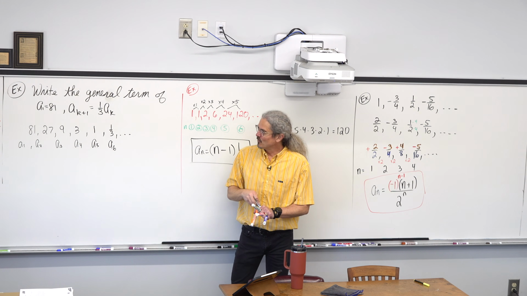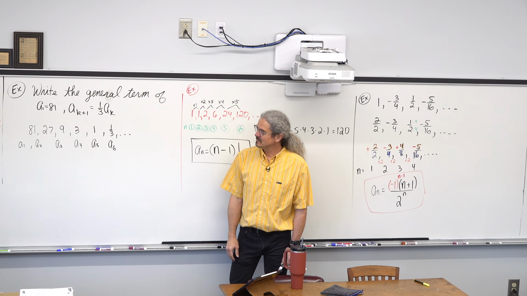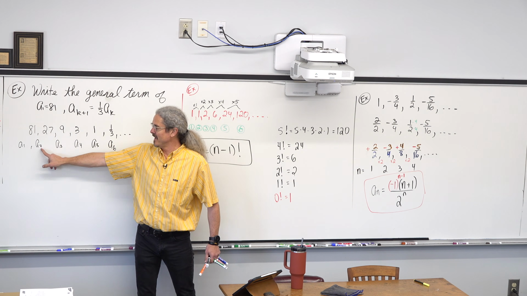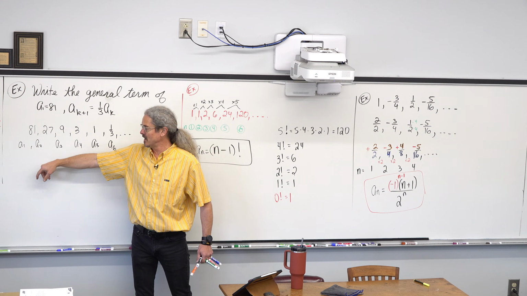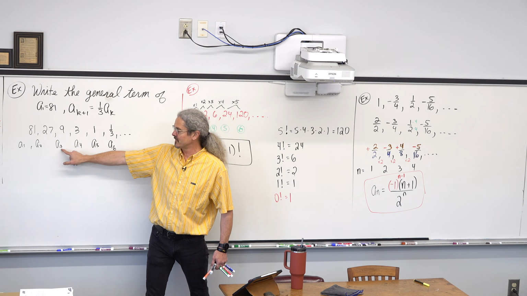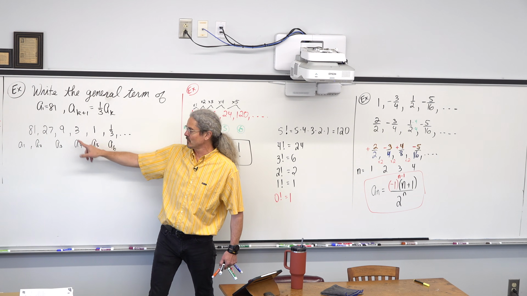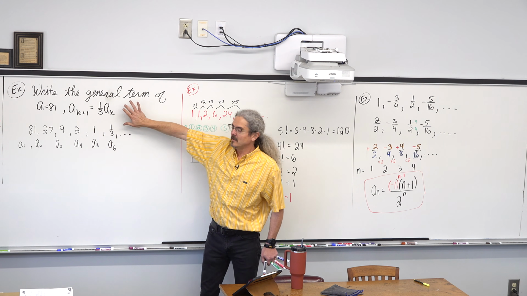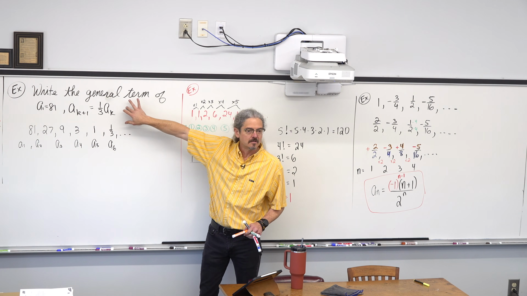So, we want to, make a 1 into an 81. Arguably, that's already done. A 2 into a 27. A 3 into a 9. A 4 into a 3. A 5 into a 1. What is this